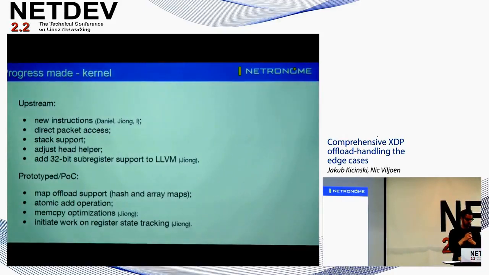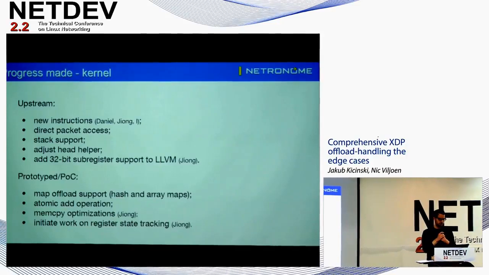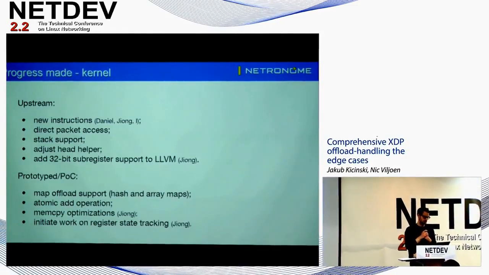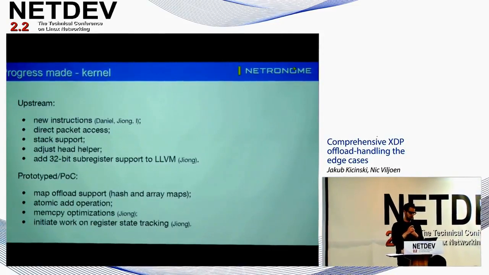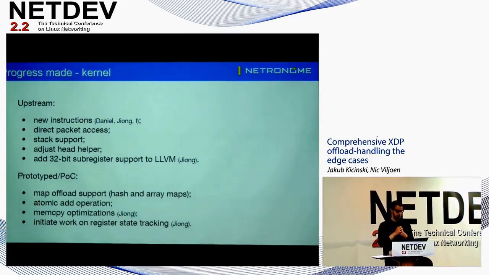So, updates. We gave a presentation about the same subject a year ago, and I will go through the items and what we've been doing for the last year. So, things we changed upstream. There were some instructions that Daniel added for comparisons, so he was nice enough to implement them for RGs as well. Jiang has added a negation instruction, and I've added a byte swap and I think some others. So I think we are pretty much covering the basic instruction set for BPF, or at least what